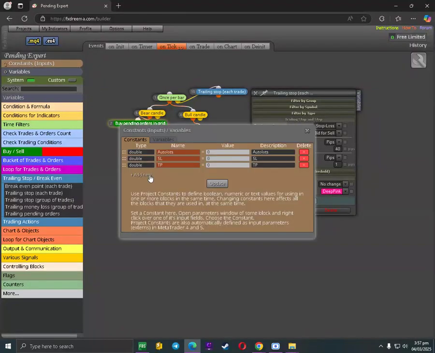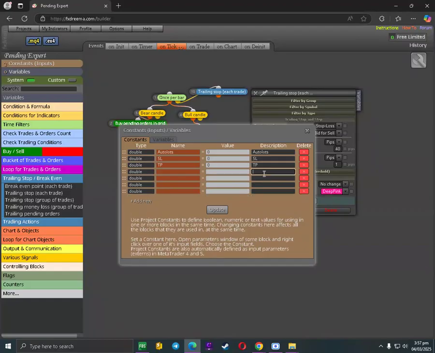Okay, let's add some constants in here. Use trailing stops. So this is just very simple, guys. This is very simple, and you can do it on your own. You can optimize it also on your own.